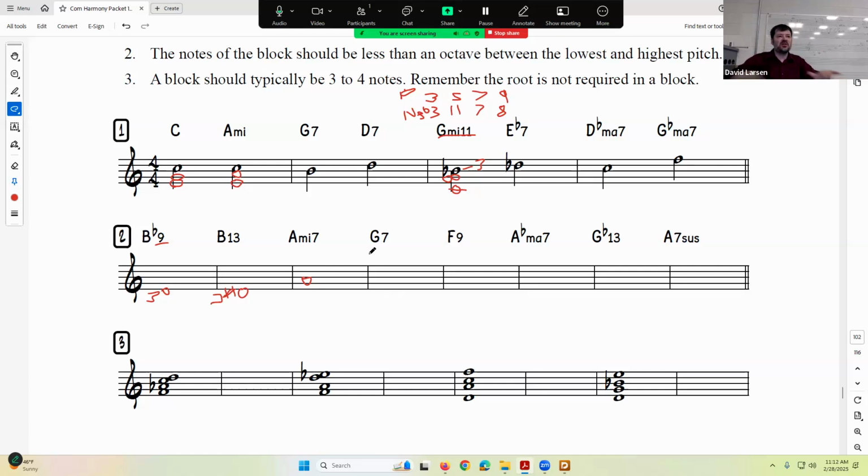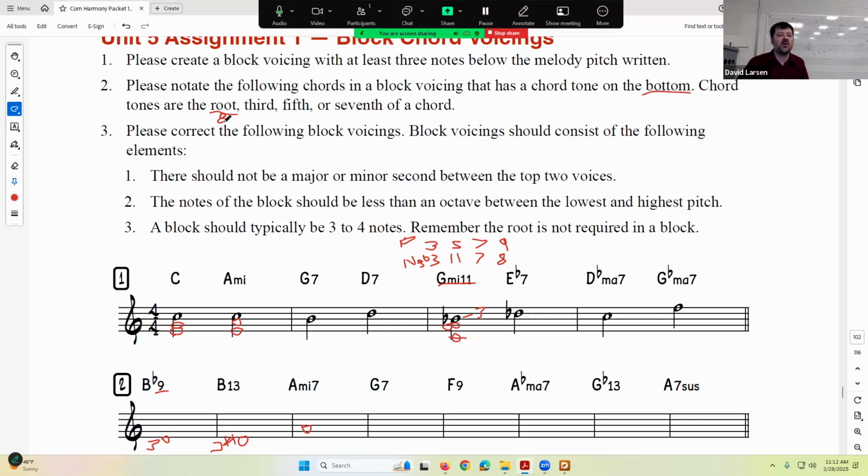Everybody good with that question too? Does that make sense? Again, I cannot stress to you enough when you rewatch this video, please, please, please use the required plates on the bottom. It will make it so easy because then you can't screw it up. But if you put a root on the bottom, some of these chords don't have roots because the voicing doesn't have an octave in it. So,